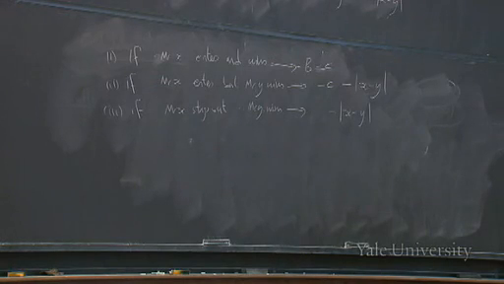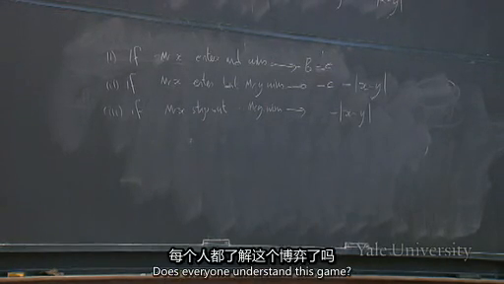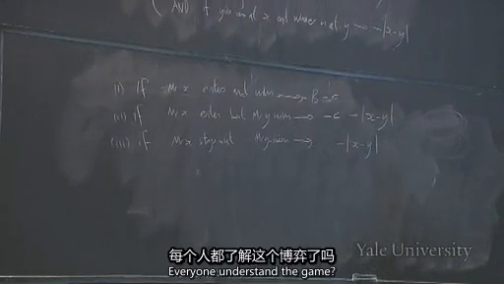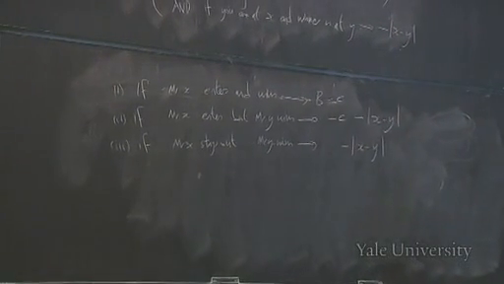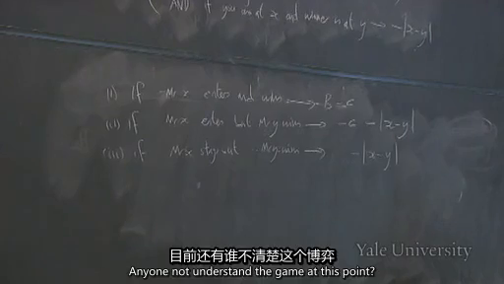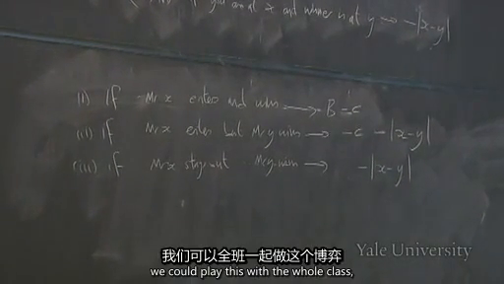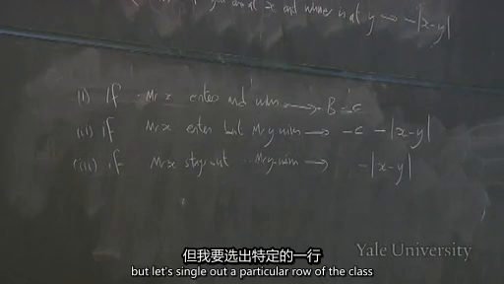All right? Does everyone understand this game? Everyone understand the game? They do not understand the game at this point. All right, so in principle, we could play this with the whole class, but let's single out a particular row